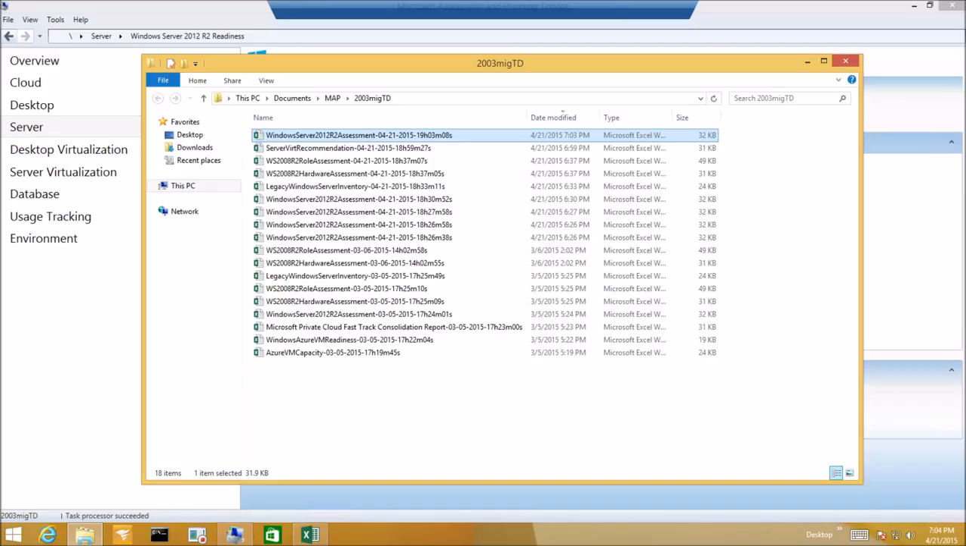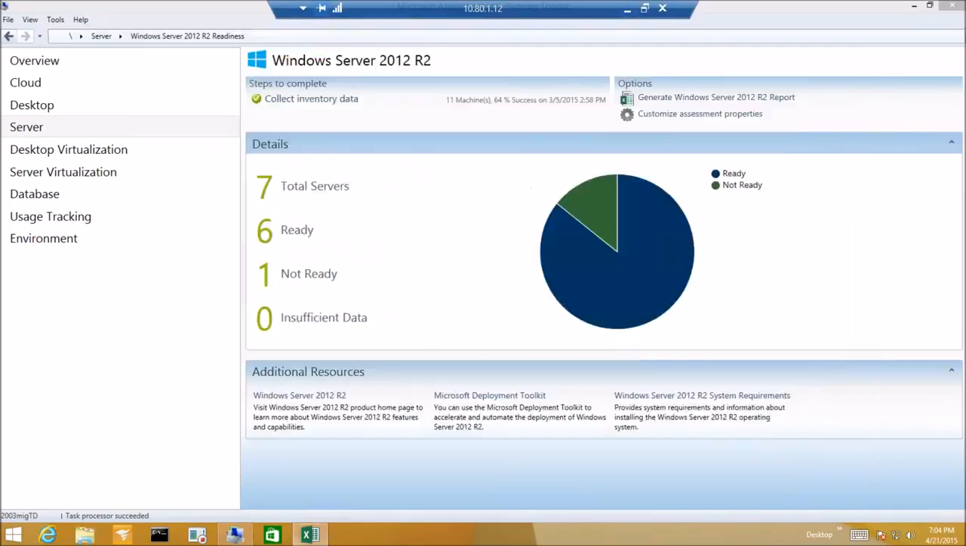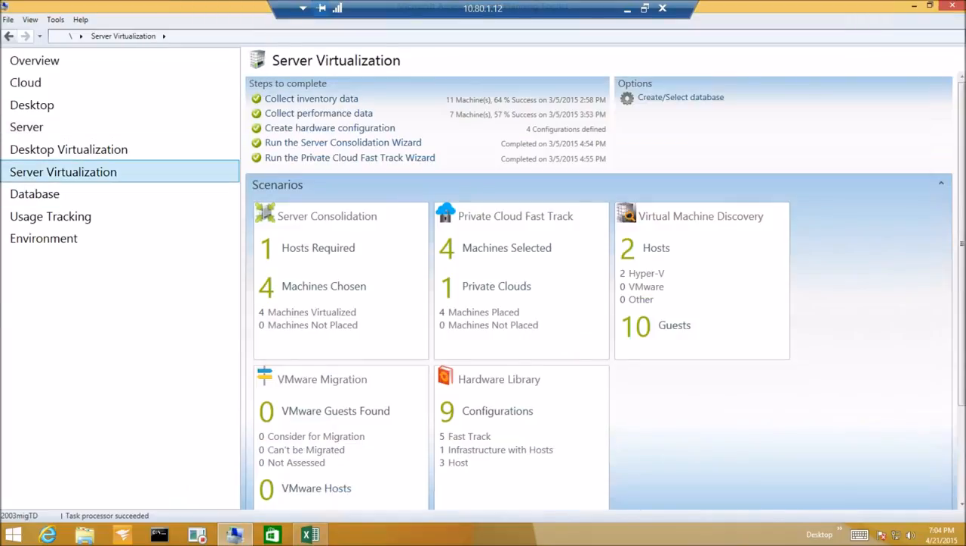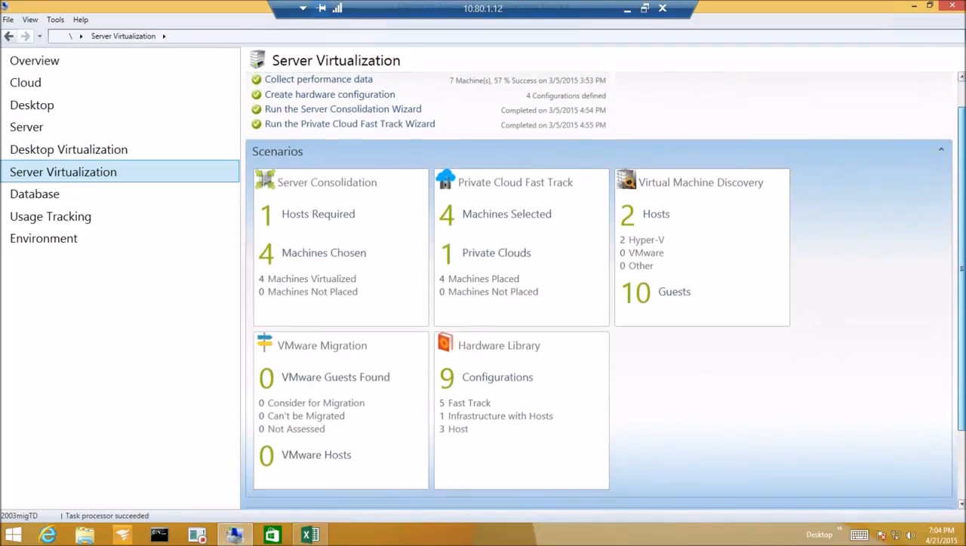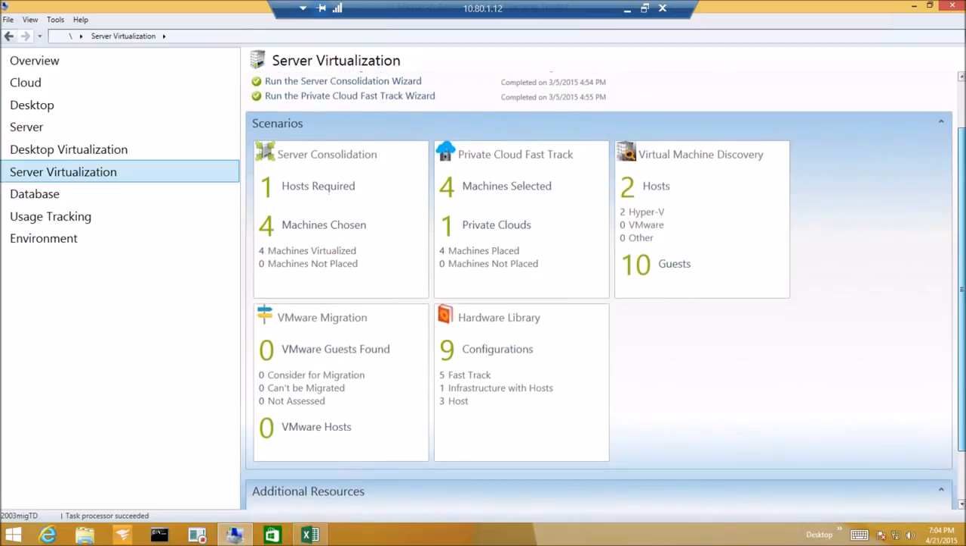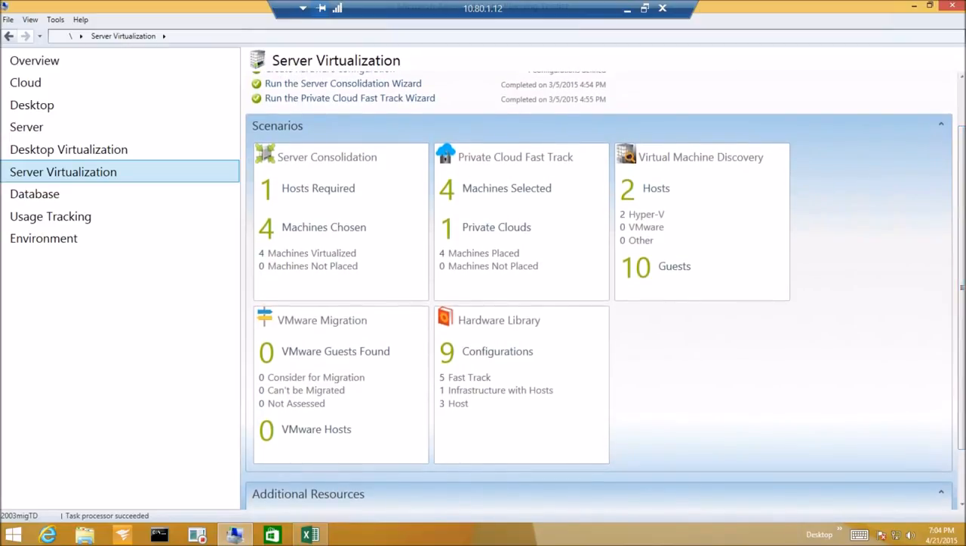So we'll go ahead and move on now to the server virtualization piece of the whole thing here. And again, a nice overview screen that shows us some of the different options we have regarding what is discovered, and some options we can drill down into to help us discover choices we might want to make regarding virtualizing these 2003